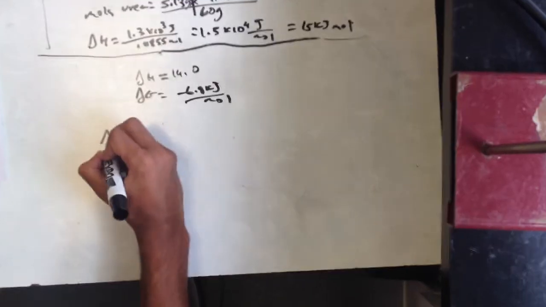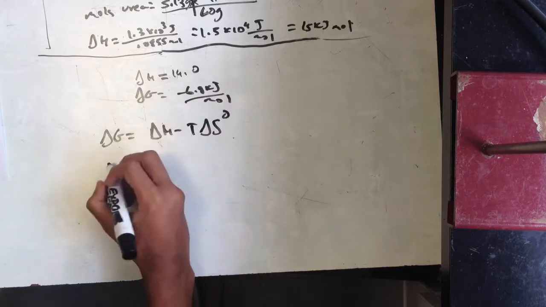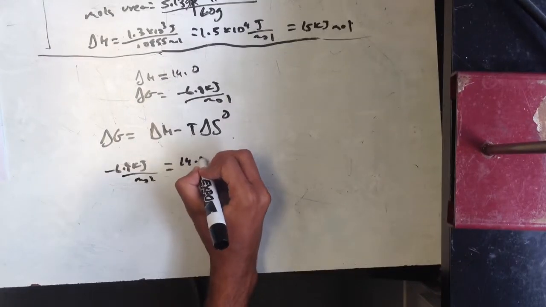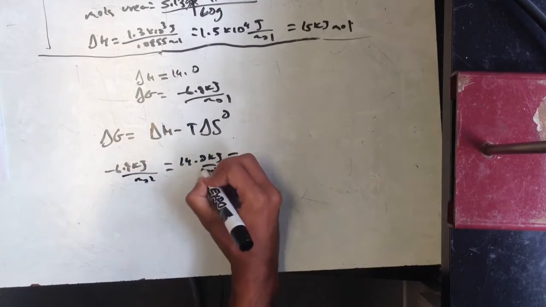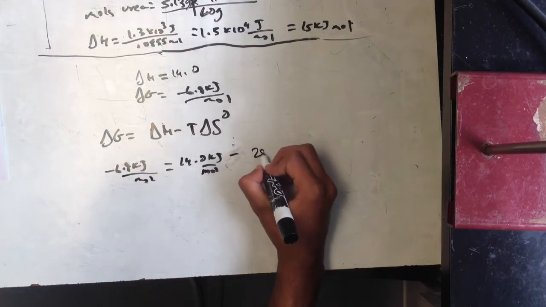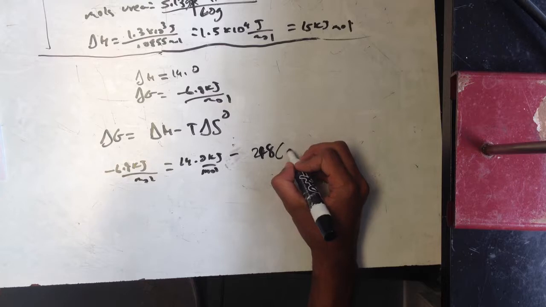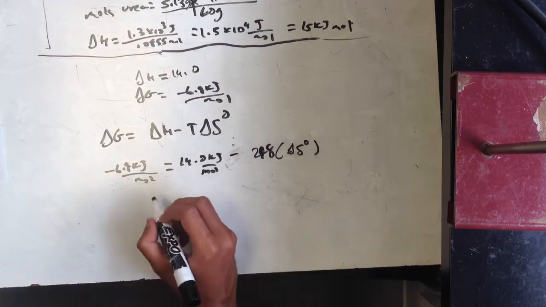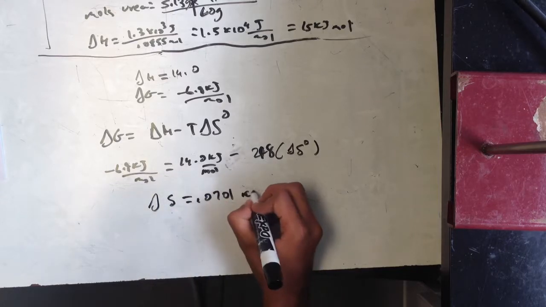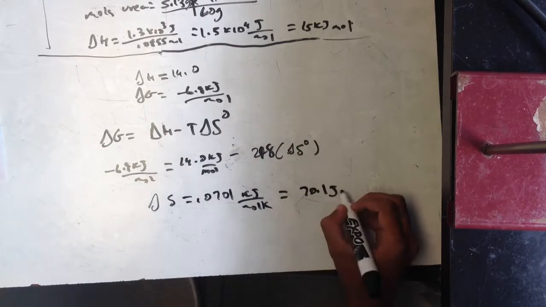So you use the equation delta G equals delta H minus T delta S. You know that delta G is negative 6.9 kilojoules per mole, and 14.0 kilojoules per mole is delta H. The temperature is 298 Kelvin, because it says at 298 Kelvin, and then times delta S, which is what you're solving for. Once you plug that in, you get delta S is 0.0701 kilojoules per mole Kelvin, which is the same thing as 70.1 joules per mole